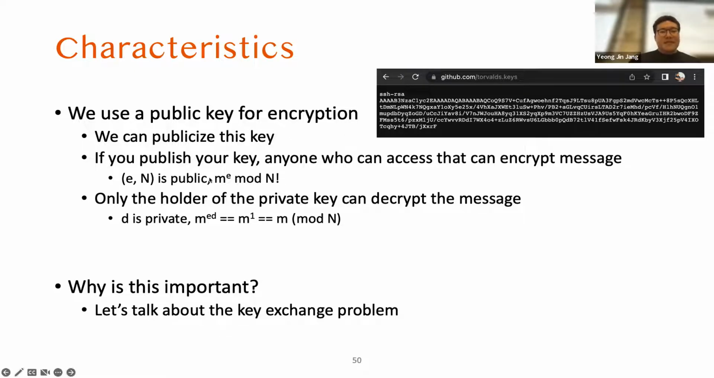So what that means is that anyone can encrypt a message if they know the public key. And only the one who knows the corresponding private key can decrypt the message. So that is the beautiful thing about the public and private key. And then to illustrate